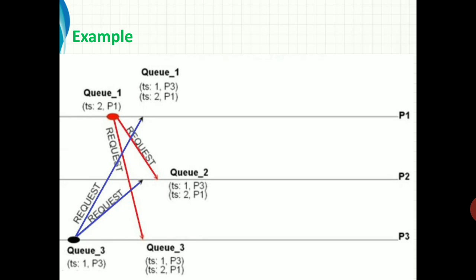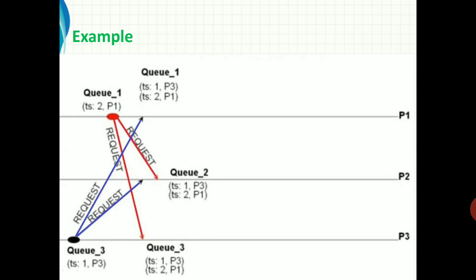Then after some time, the second event happens at P1. So its timestamp is 2 and the process number is P1. P1 also wants to enter the critical section, so it sends the message to P2 and P3 with a timestamp of 2 and a process number P1.